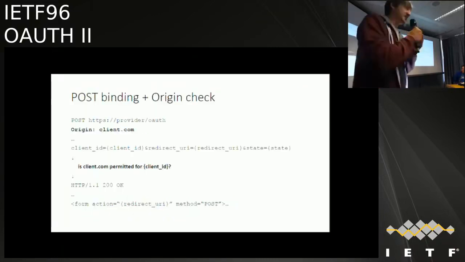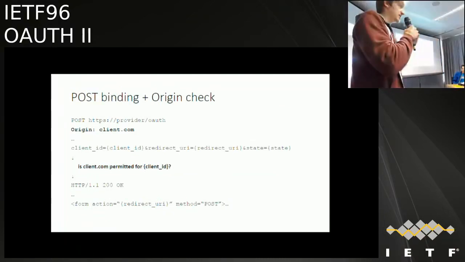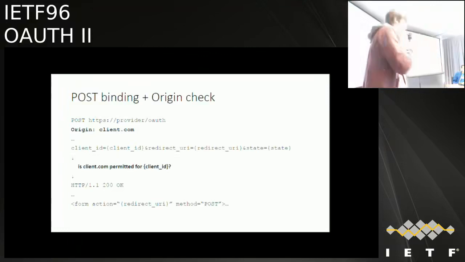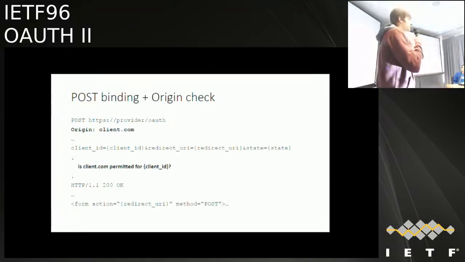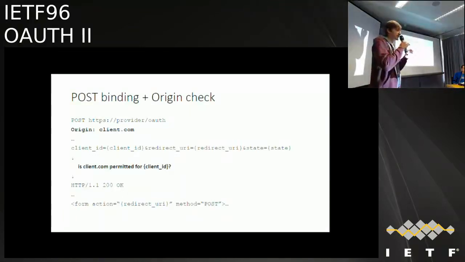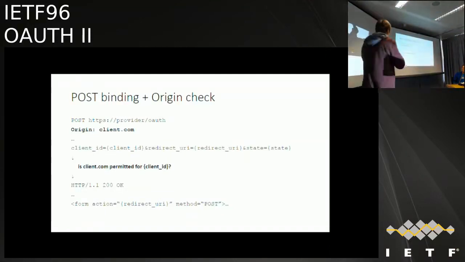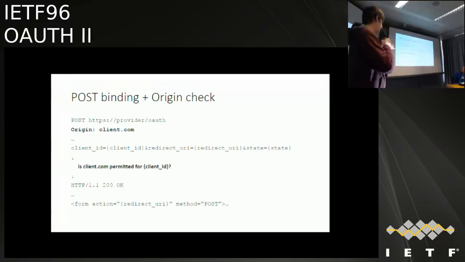This is another mitigation I wanted to propose, which would also potentially address the mix-up attack. Namely, we can try to mandate POST binding instead of GET requests to the authorization endpoint and the redirection endpoint. We can try to use the POST binding always. As a result, it will give us the origin header in all major browsers, and it will give us an additional browser-level way of identifying the caller, so the identity provider in our case. So you can see how it might potentially work.